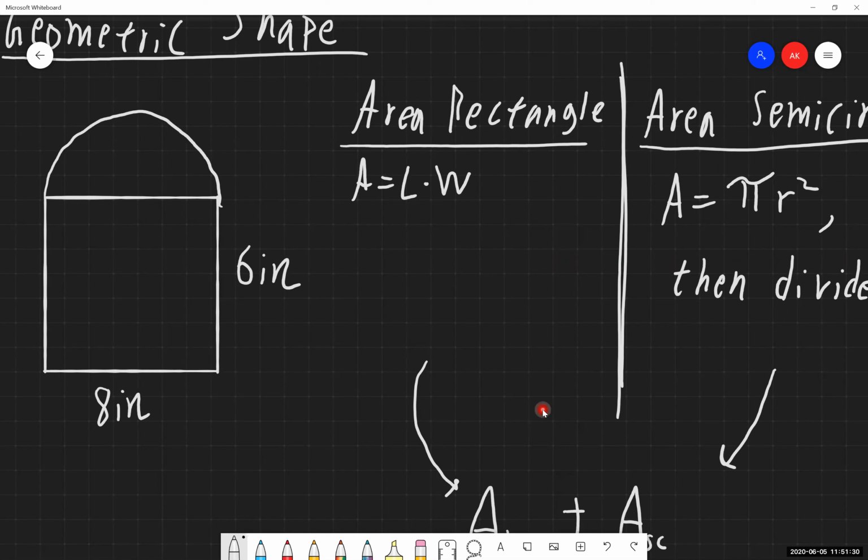But again, a lot of people make the mistake of, I see a shape that looks a bit weird, but I'm assuming there has to be an equation that solves for any and every single shape that's ever been created. And unfortunately, there isn't. So that's why we need to break these things down into their parts and solve for their parts and then bring it all together at the very end.